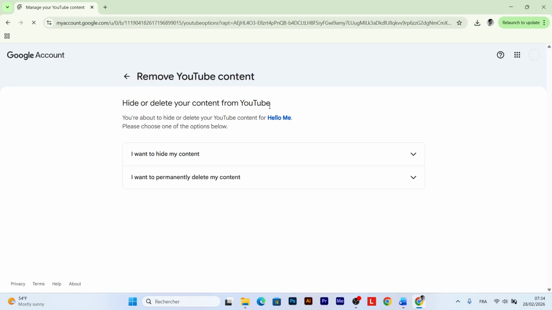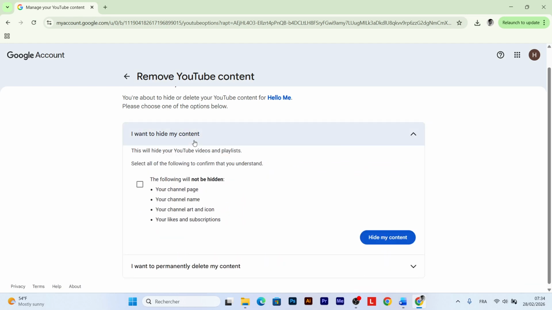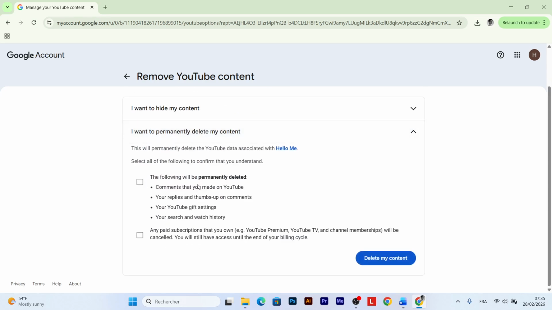After using your password, you will see the options: I want to hide my content, or I want to permanently delete. You can choose this or this. This one is for hiding, so your channel page and channel name will be hidden. This other one will permanently delete the account. We need to delete permanently, so just click like this, and then go to delete my